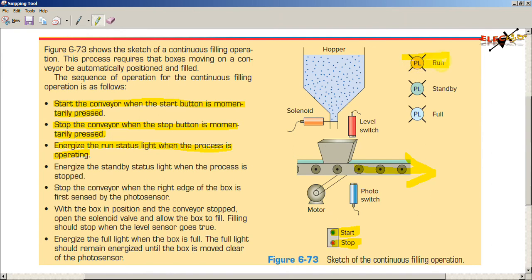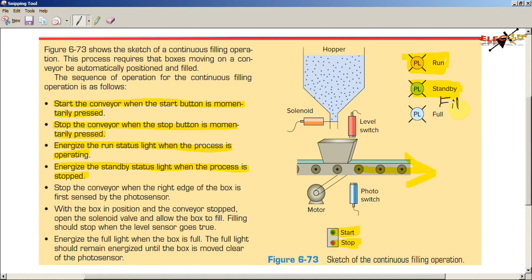So here there is a run pilot lamp, you can see that. So this pilot lamp should be activated once the process is started, and then energize the standby status light when the process is stopped. For this particular thing we will slightly modify it in the simulation. Instead of this standby we will use a fill, like while filling this container box we will use that pilot lamp to indicate that the container is filling.